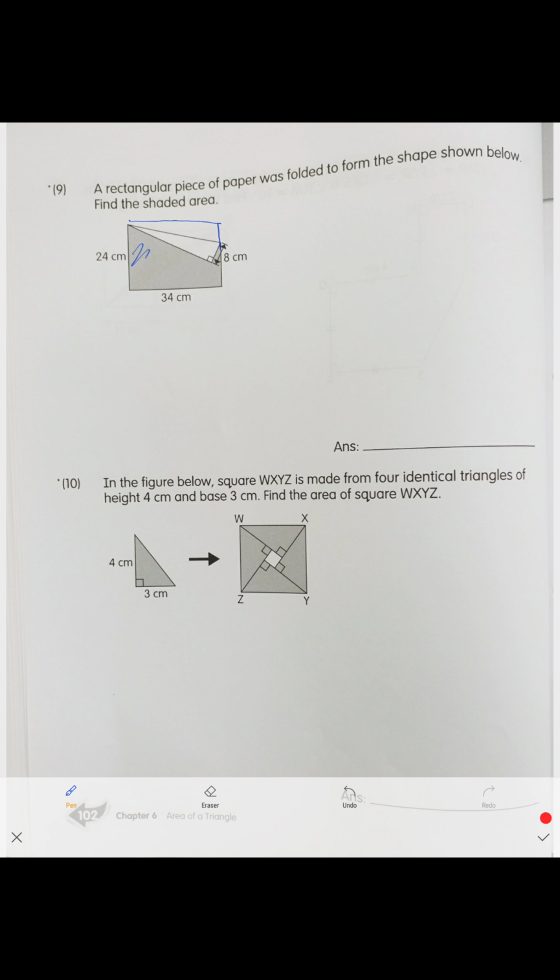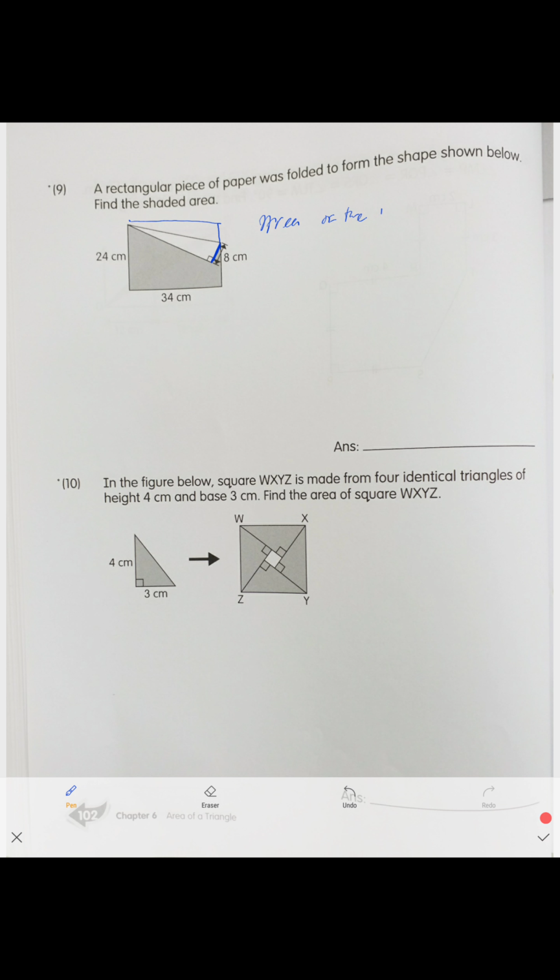If you want to find the shaded area, this shaded area is basically your rectangular piece of paper, rectangle minus this triangle minus this triangle, okay? And those triangles are absolutely identical, right? And we know everything. We know the base and we know the height, or vice versa, right? This side of the triangle is the same as the side of the rectangle. So first, let's find the area of